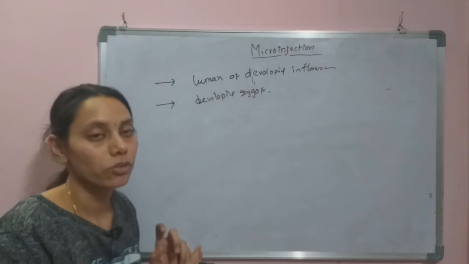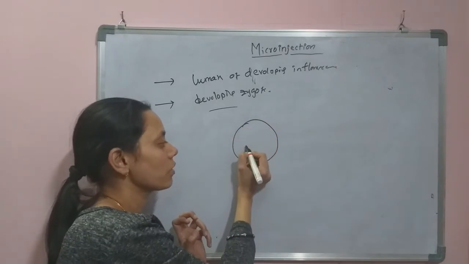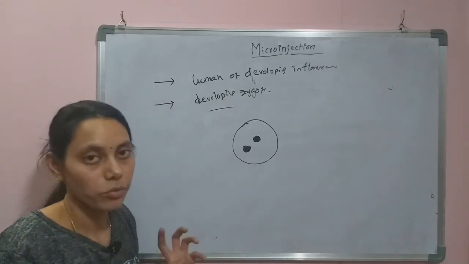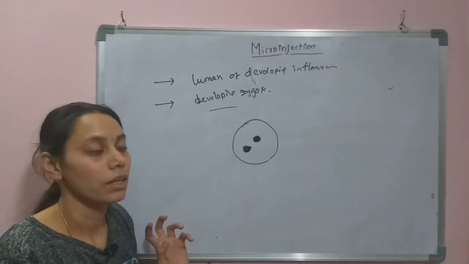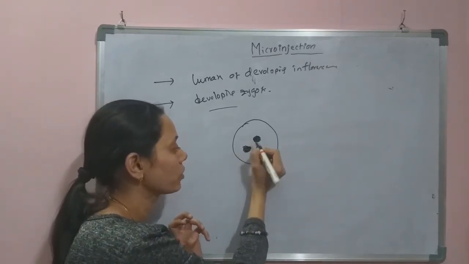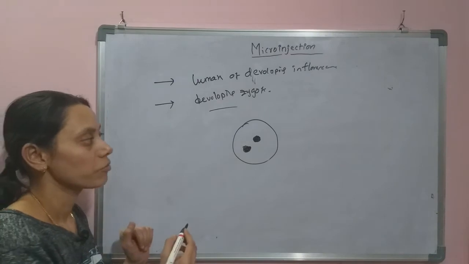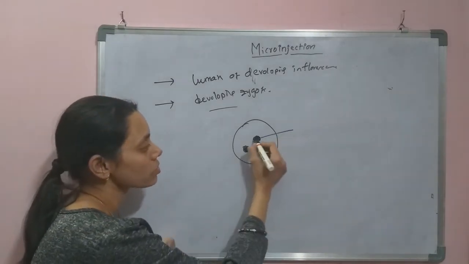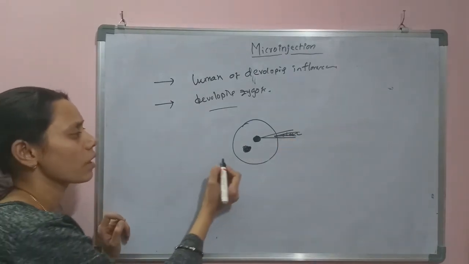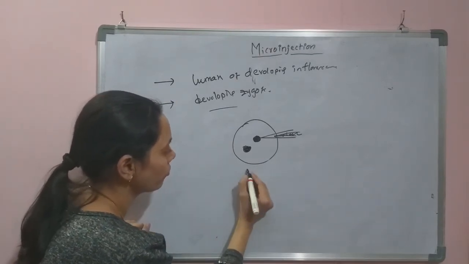Basically, this developing zygote is a wise choice because, once after fertilization, the male nucleus and female nucleus will take some time to fuse. Until then, the size of the cell will be bigger, and this developing zygote will have a separate male pronucleus and female pronucleus. One of the pronuclei will be used for the microinjection process, so that the DNA will be introduced into it, and basically it will be turned into a recombinant cell.